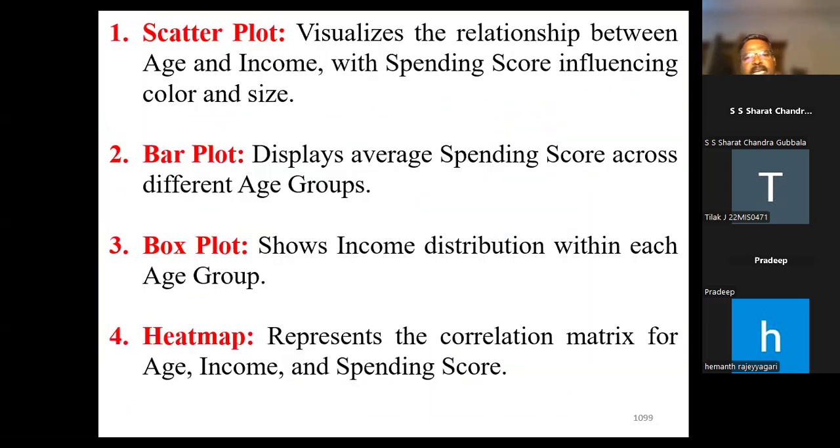Why are we using a scatter plot? It visualizes the relationship between age and income with the spending score influencing color and size. Then bar plot displays average spending score across